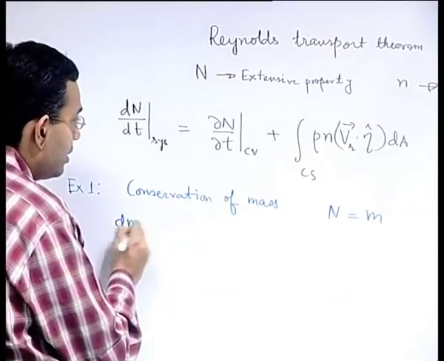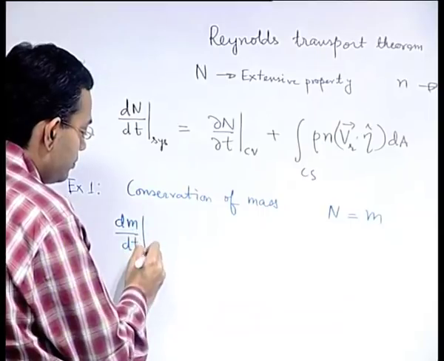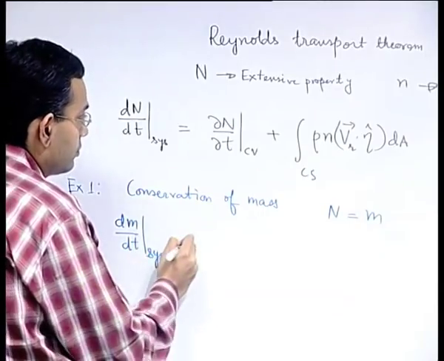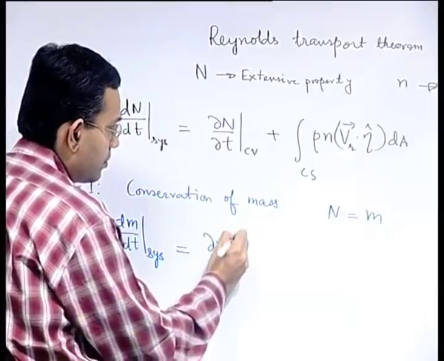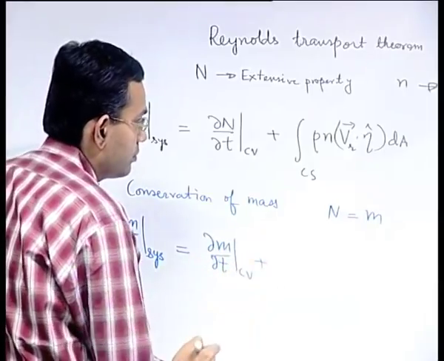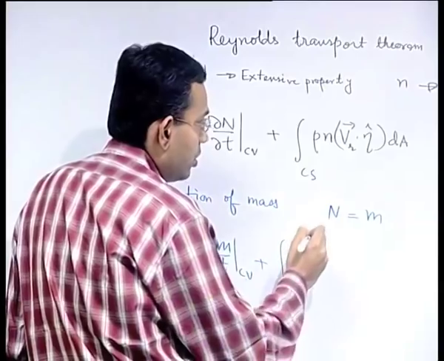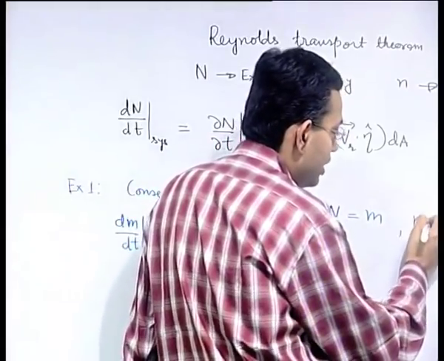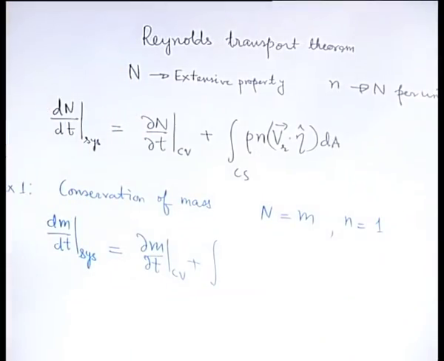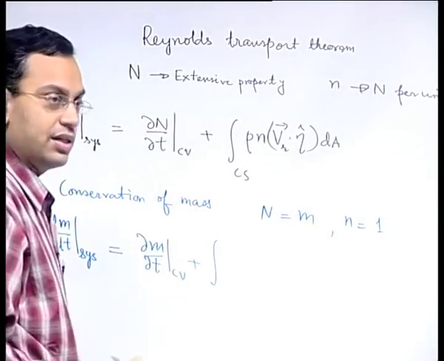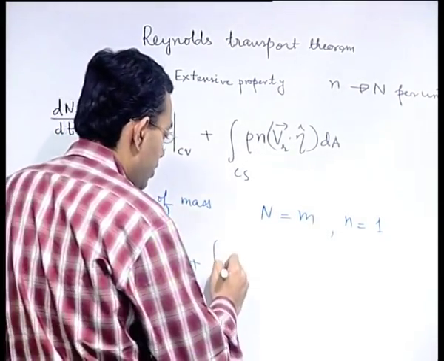So, you can write dm dt of the system. What will be small n? Small n is 1, right, that is mass per unit mass, that is 1. So, integral of rho